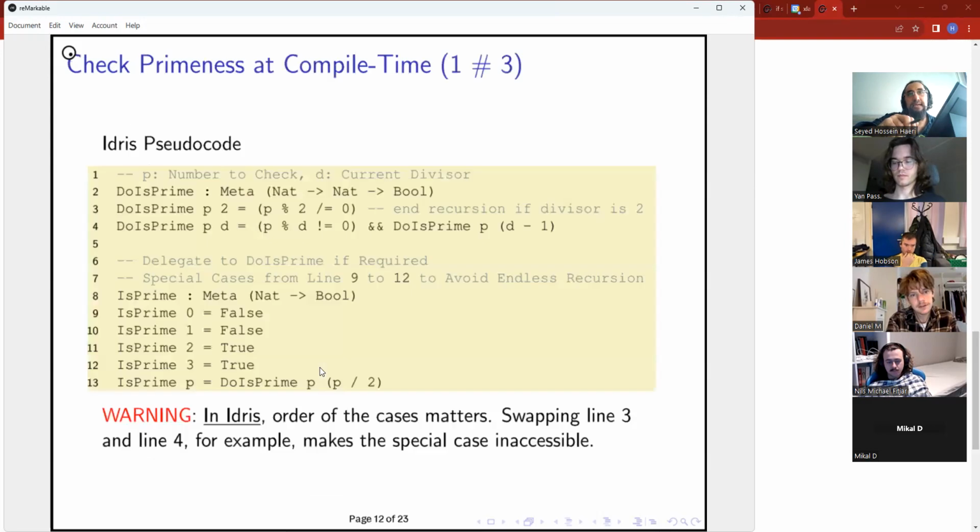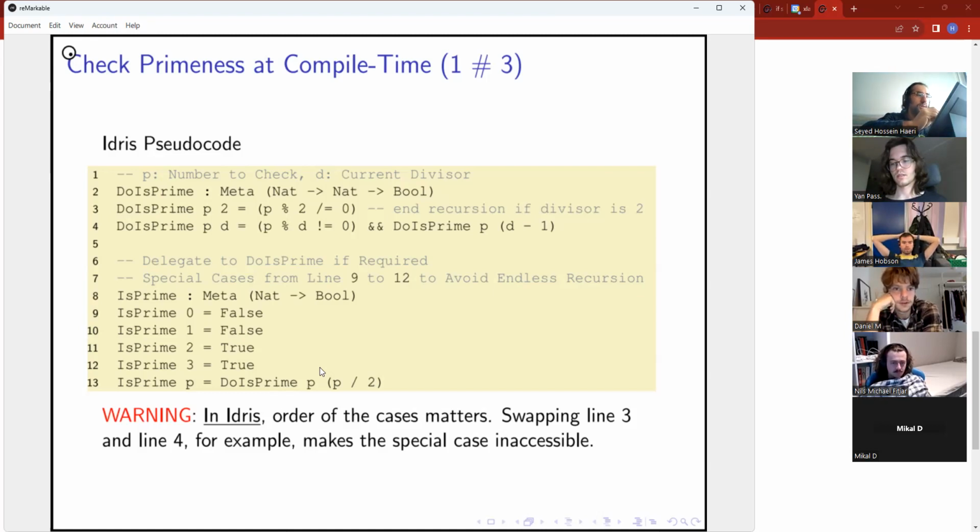So let's say that you wanted to have a function which takes a number p, and it works out whether or not the number is prime, right? Now, here's the Idris pseudocode.